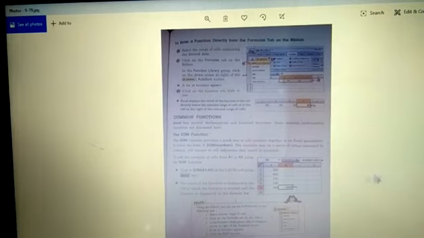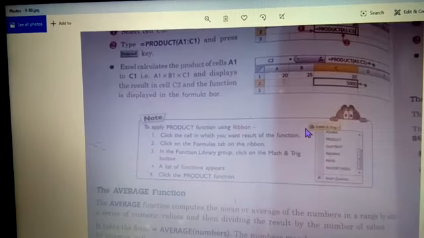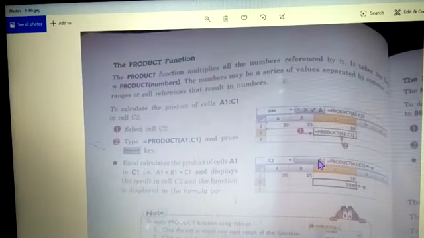Let's move on to the next one. Next one is the product function. Product means multiplication, right? Product of these two numbers. You must have heard about it. So product means multiplication, and this is also very similar to sum. The thing is, you just need to change the name.